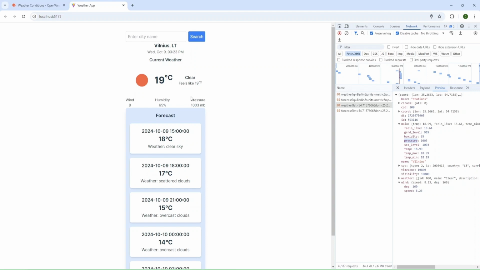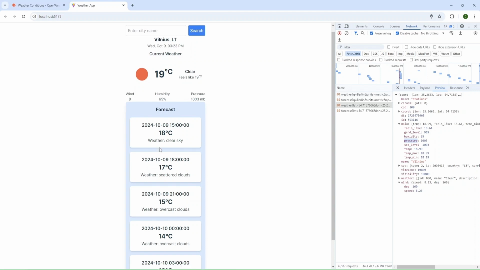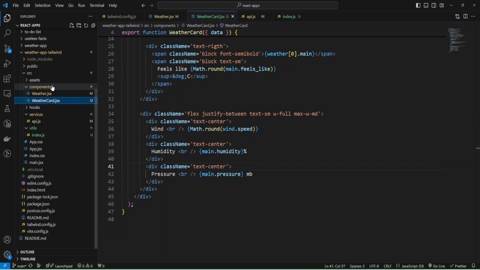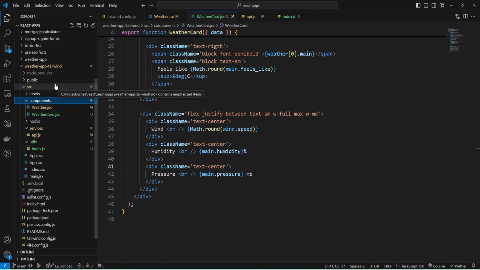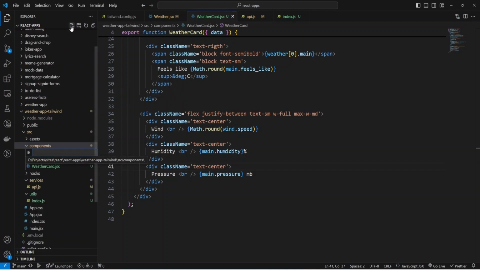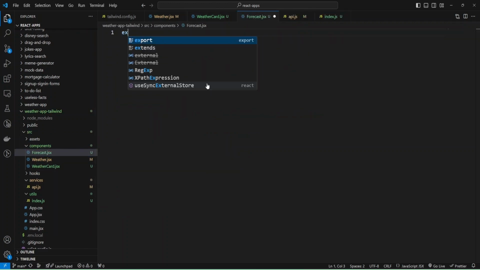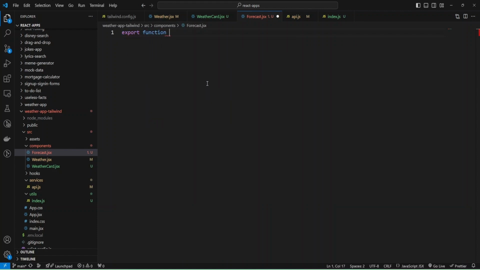Okay, looks good so far, and now I'm going to create component for forecast, and I'm going to create new file inside my components, and it will be forecast.jsx, and it will be a functional component, and I'm going to use export function forecast, and I will need some forecast inside,